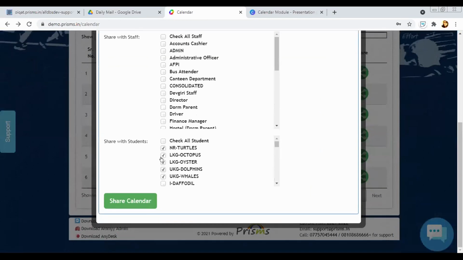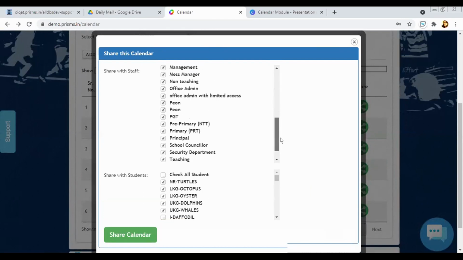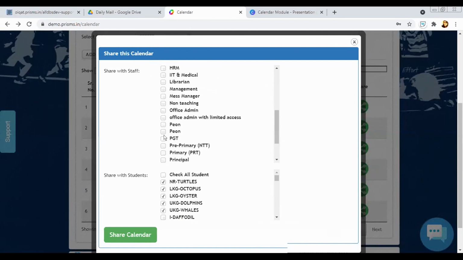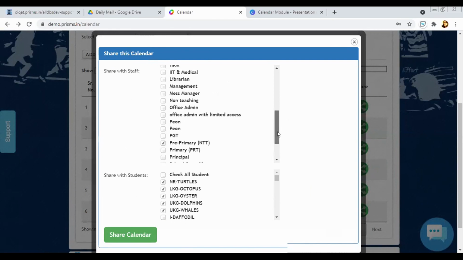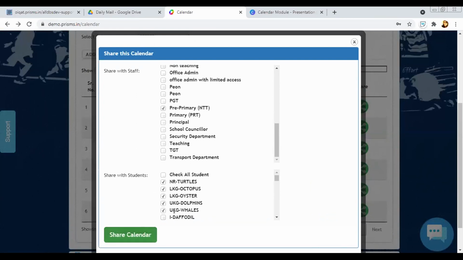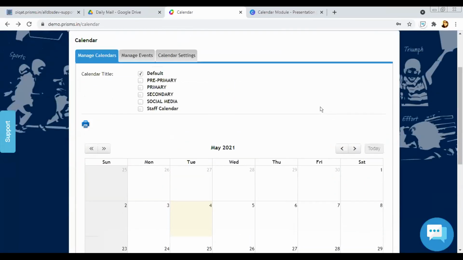And we can also share with the staff. You can share with all the staff. So this pre-primary calendar would be viewable only to all the teachers and staff of that pre-primary section and the students of that section, whatever classes we have selected. Similarly, we have to share this accordingly with all the respective sections. So again, for say primary,